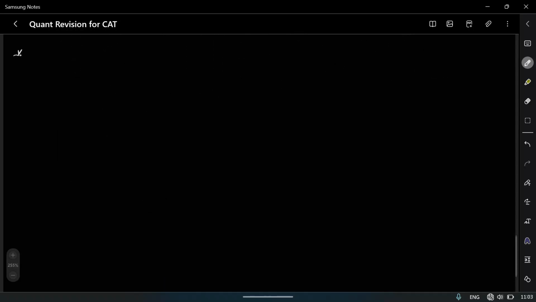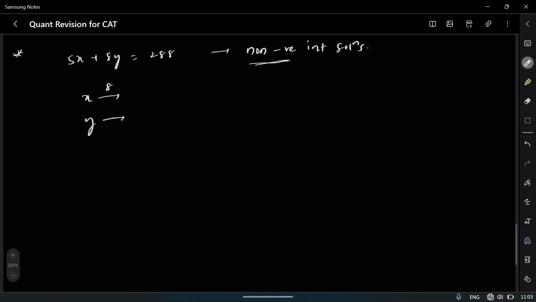In the same model, I'll discuss another example, which is 5x plus 8y equals 288. They are asked to find the number of non-negative integral solutions. Non-negative means either positive or zero. So normally x